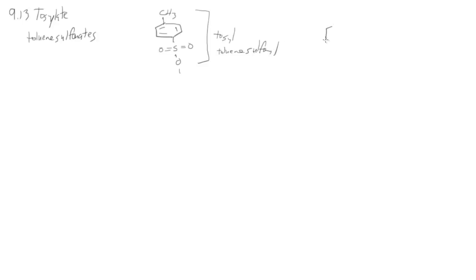And the way it's going to be introduced to our alcohols is through the molecule toluene sulfonyl chloride. Again, here's our halogen. So there's typically been a reason why we have halogens on our molecules, and the reason for halogens usually has been because they make good leaving groups. So if we take an alcohol and react that with toluene sulfonyl chloride,